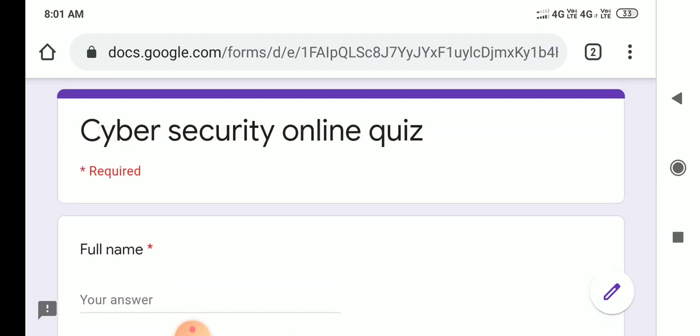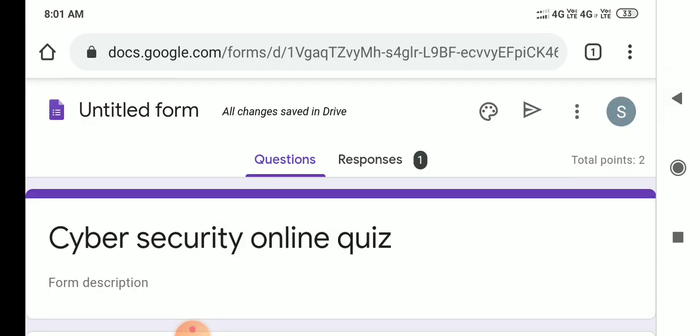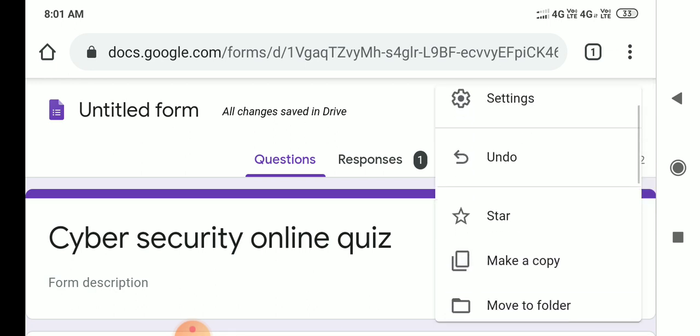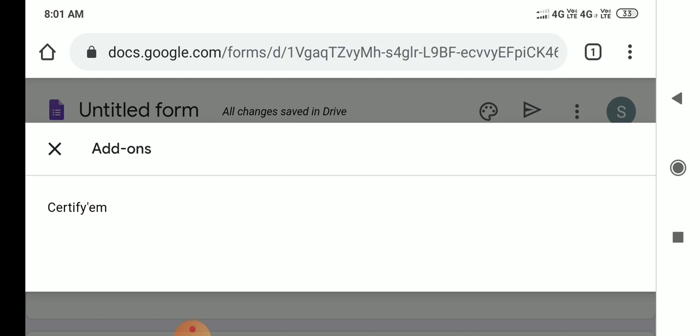Next we move on to the certificate. So how to create a certificate and how to send a certificate to your students or participants. Click these three dotted lines and go to add-ons. Click Certify'em. Enable Certify'em in this quiz.